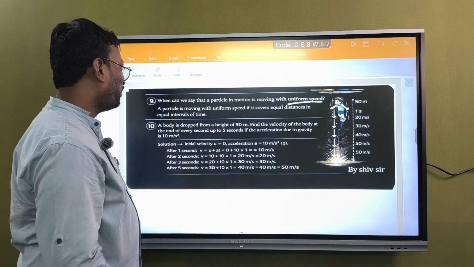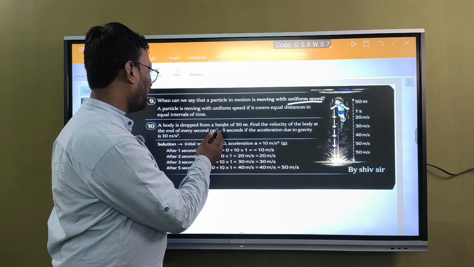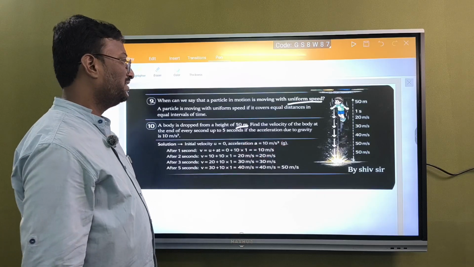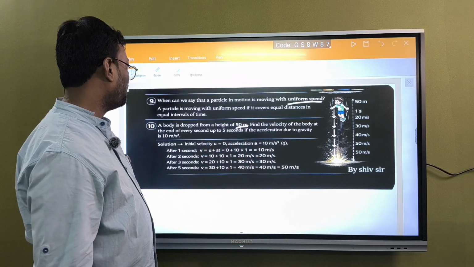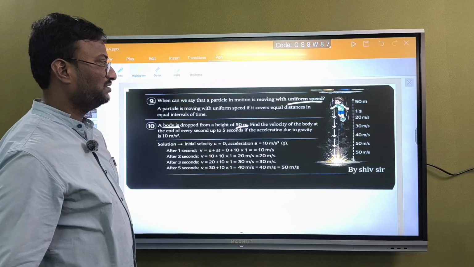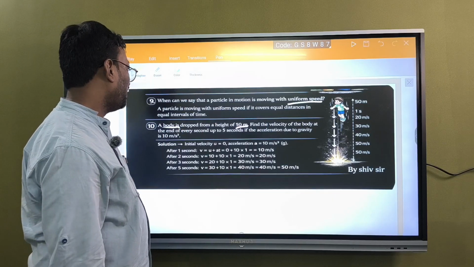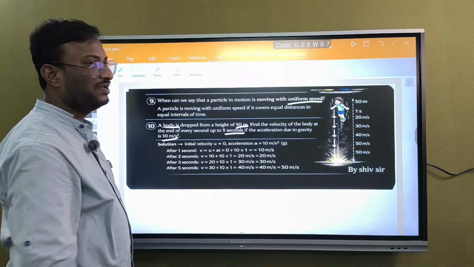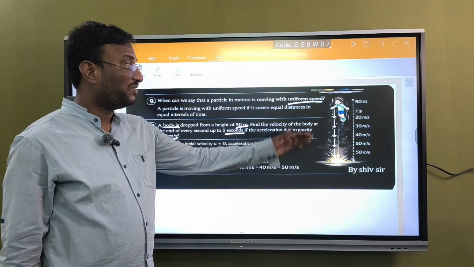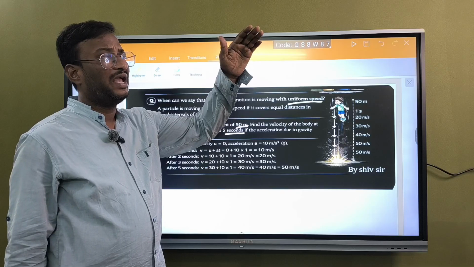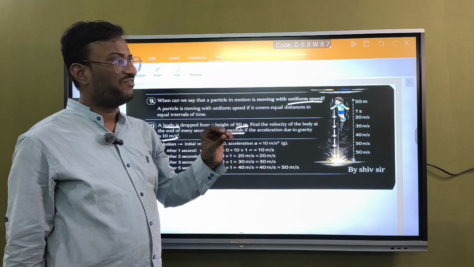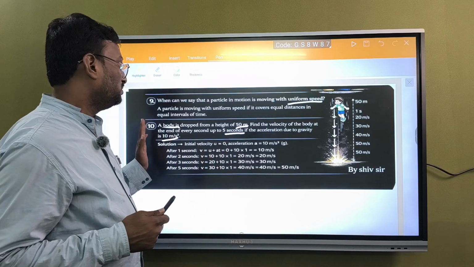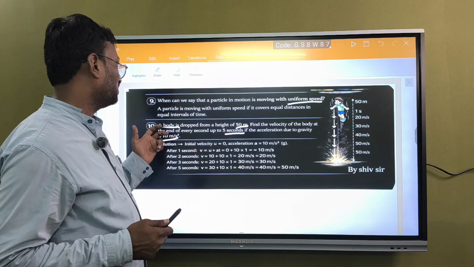There is one more problem. A boy is dropped from a height of 50 meters. So from 50 meters a boy is falling. Find the velocity of a body, not boy, a body, at the end of every 5 seconds if the acceleration due to gravity is 10 meter per second square. So from 50 meters a body is falling. Every 5 seconds we have to calculate